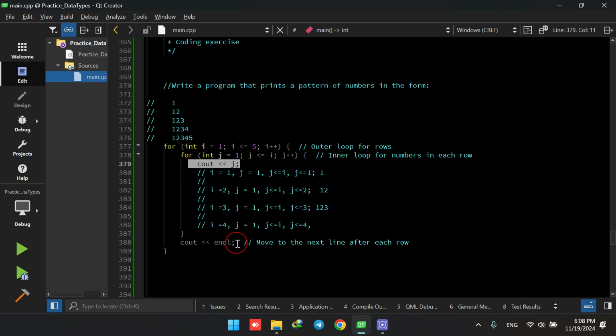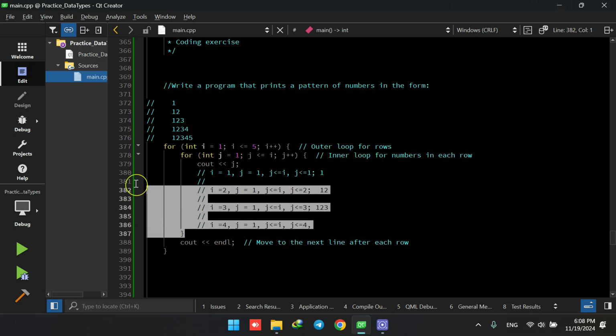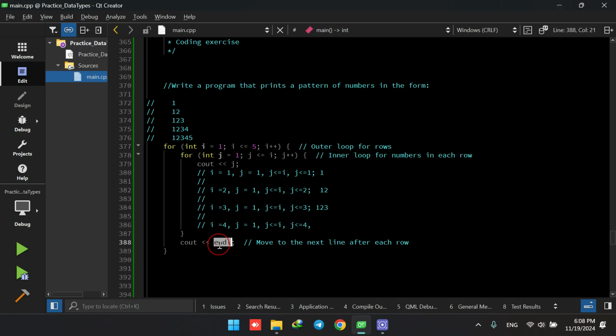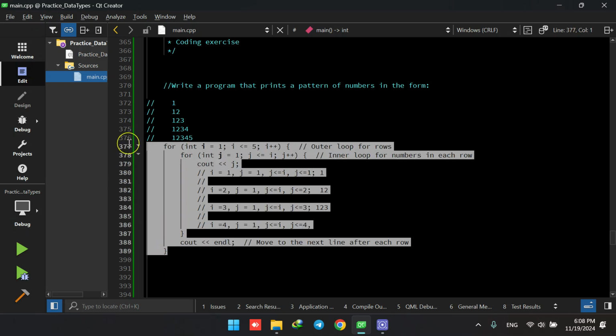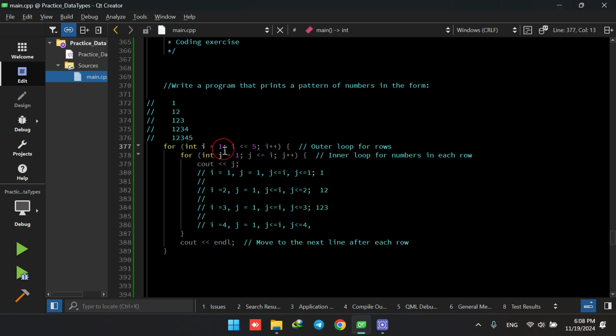So it finishes the inner loop, and by having this line, we are now here. After this line, it goes to the next line, and then we have the outer loop. So the outer loop is still i, which is 4. Now we increase the value of i from 4 to 5, which is the last time, because i also must be lower than or equal to 5. So this is the last round that we entered. So we enter with i value 5,